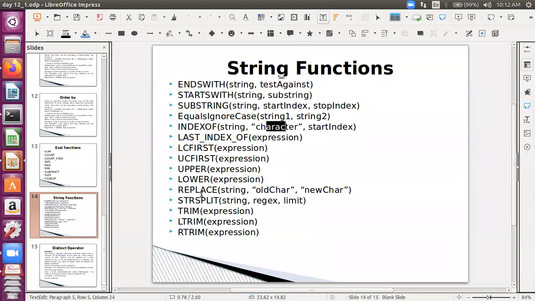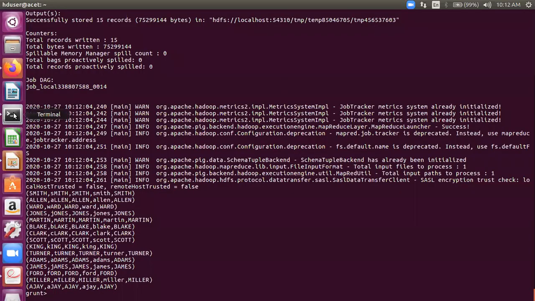Next is the replace function. So as the name suggests, if you need to replace something from your already existing string, you can mention what you want to replace, so you must mention what needs to be replaced with what. So old char and new char, so three string arguments. One is your original string, one is your old char, and then new char, right? So let's work with these also. Let's work with the replace here.